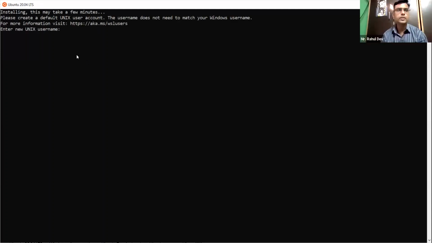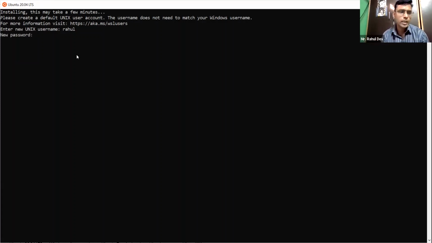There would be some options that ask you to enter a new Unix name. You can choose any name of your choice, but I suggest it should be in small letters only, because typing capital letters is always a matter here, and we have to type so much in Linux. Though today we are copying and pasting the commands, a Linux user prefers to type the commands. So we'll do that later when we have a good command over Linux. My name is Rahul, so I'm typing Rahul and then enter.